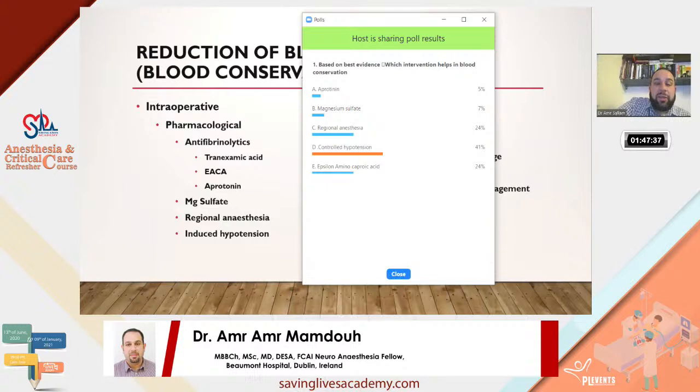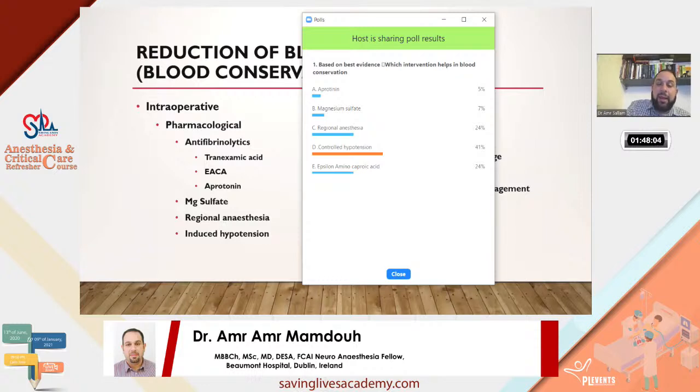Regional anesthesia-induced hypotension is very low, and optimized prone position as well, as was shown in the jackknife positioning study, shows the same answer. And intraoperative blood salvage, the surgical technique and the staging of the operation have proven to be helpful as well, with very low evidence. The last question is very important, and sorry for that, Walid, I know I'm a little bit late,